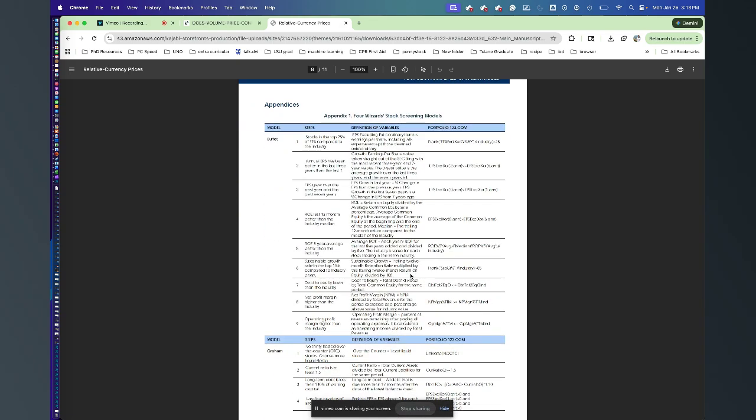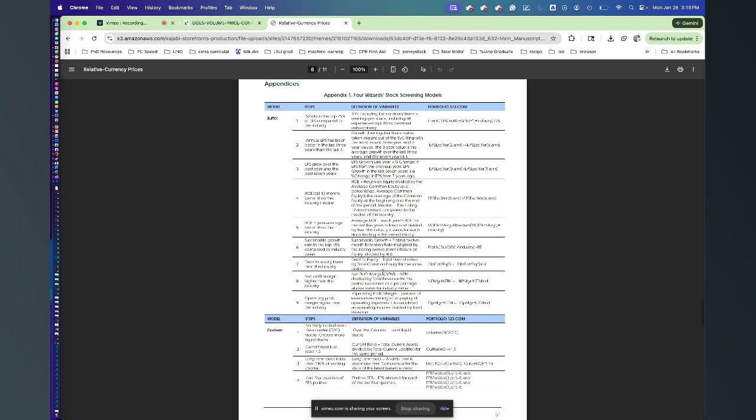Now, we're looking at each model compared to each other. So this appendix is important, and you want to go through and really understand what it takes to build each model. So this is the Buffett model. Okay? And so you can read about each of these steps in the definition. So this is going to tell you